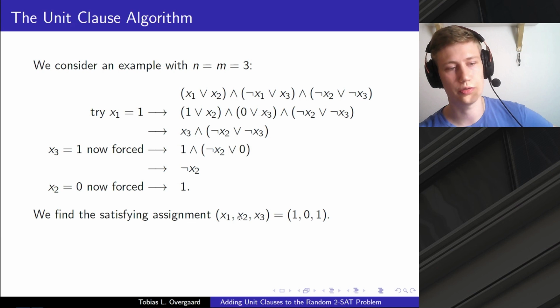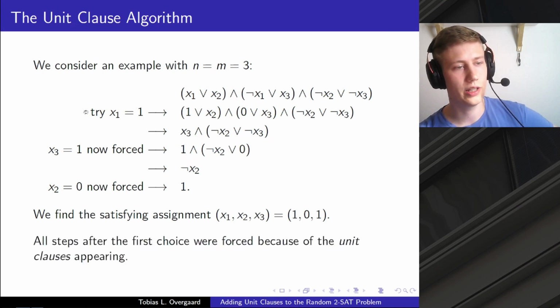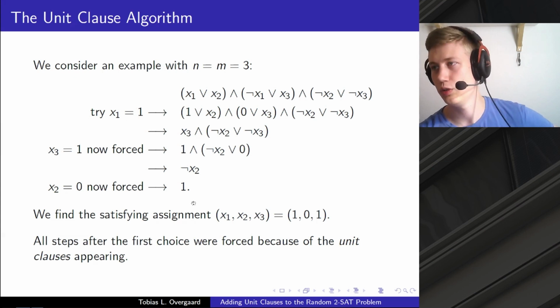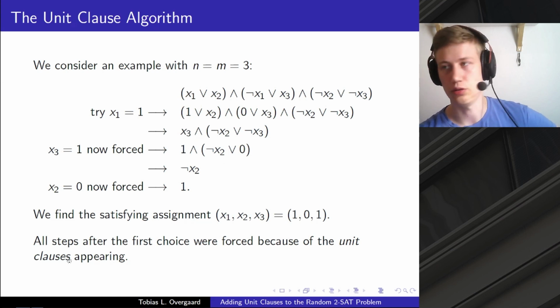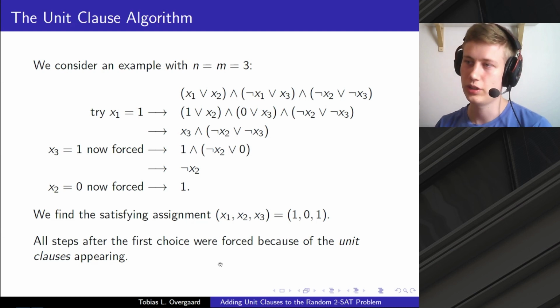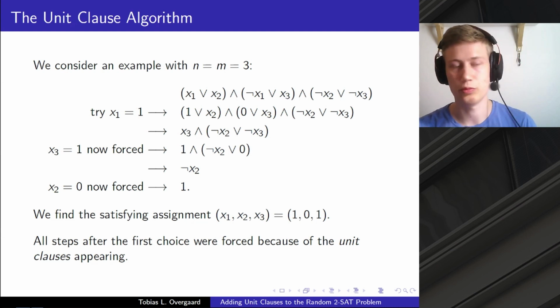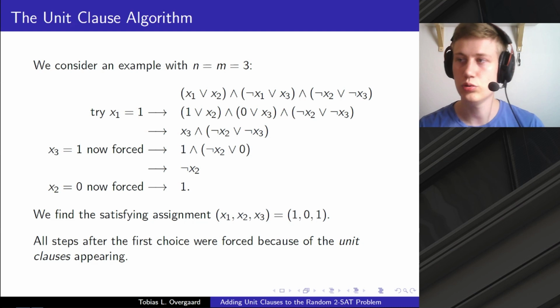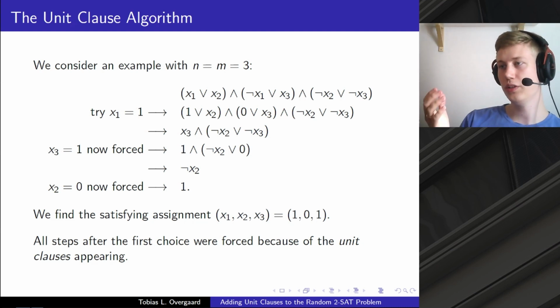X1 is true, x2 is false, and x3 is true. But notice that I only chose one thing, everything else was forced. The reason it's being forced is because these clauses of length 1 are appearing, and they're called unit clauses. So even though I'm looking at the problem for clauses of length 2, these clauses of length 1 start to